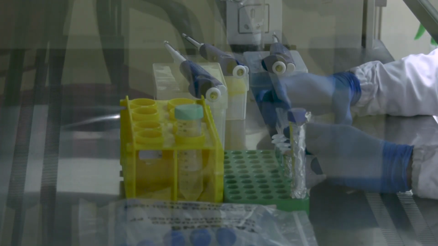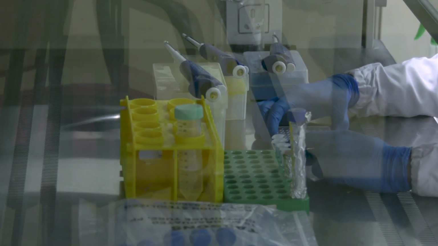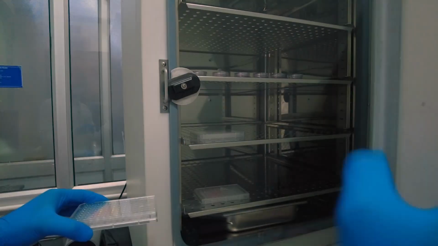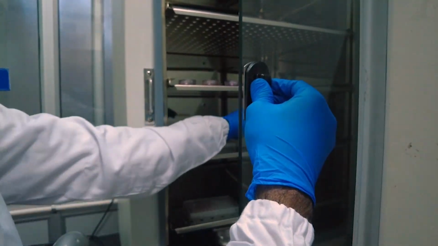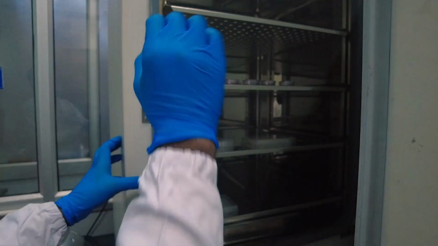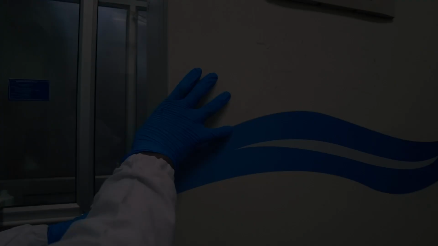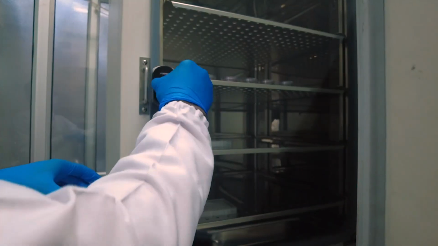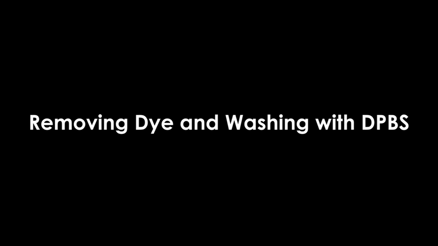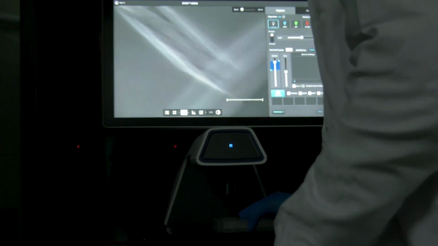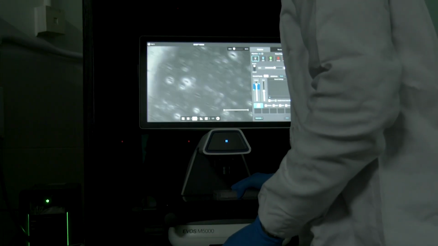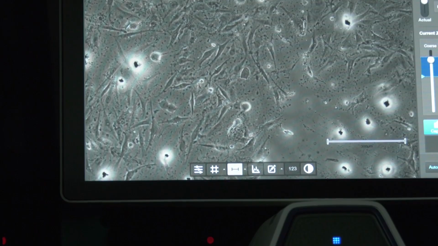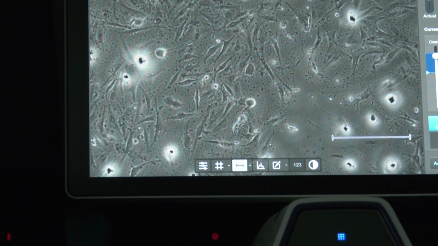We will incubate it for 3 to 5 minutes and then observe the cells under the microscope for imaging. Next, observe the cells under the microscope while they are still in DPBS. We will use three filters: Trans-GFP, Texas Red and Bright Field Imaging to visualize the live and dead cells.